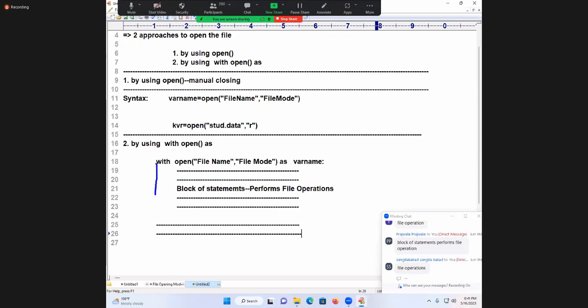when the PVM comes to this open function, it opens the file in this file mode, and the file is pointed to this variable name, and you use some operations inside the file. The PVM is present within the indentation, so the file is active, actively available. Once your PVM comes out of the with open indentation, automatically